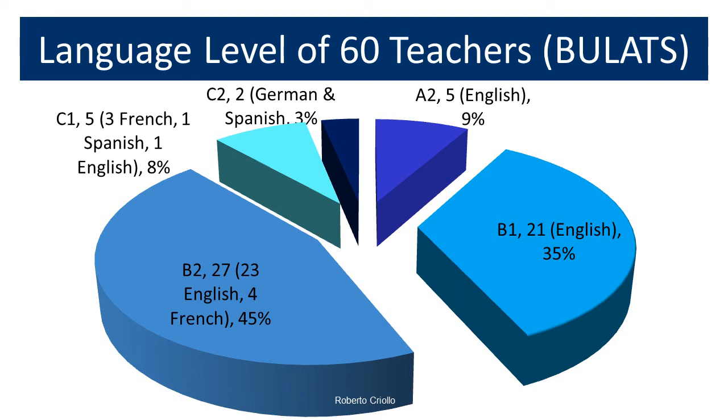So, this example shows you that achieving a B2 level may seem easy in the description, may seem easy in the theory, but it is actually quite a difficult thing to do, and that's why you need to prepare for the test, and that's why you need to improve your level of proficiency.